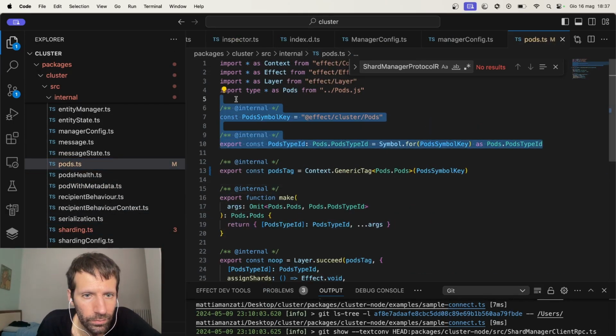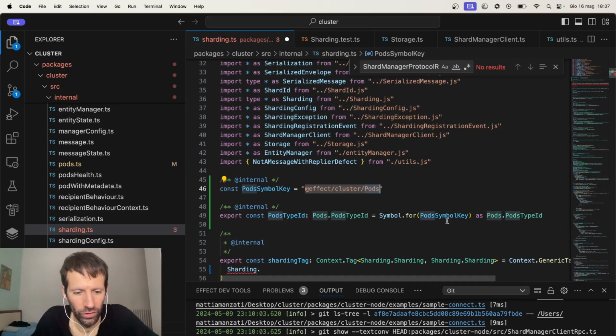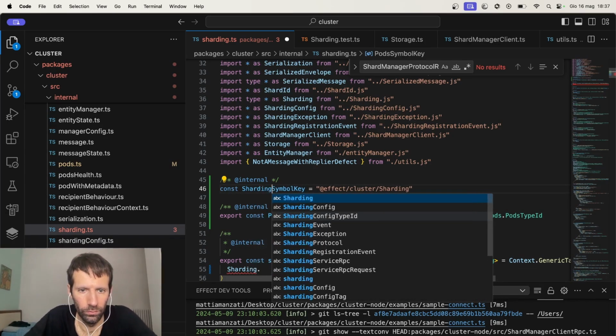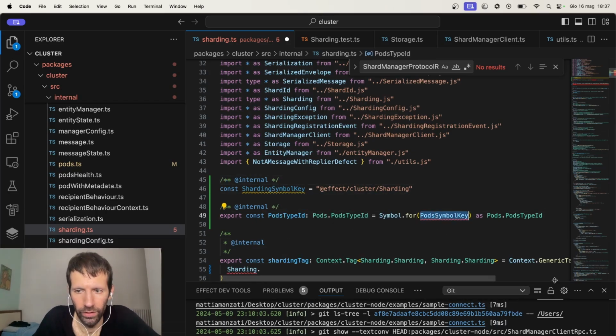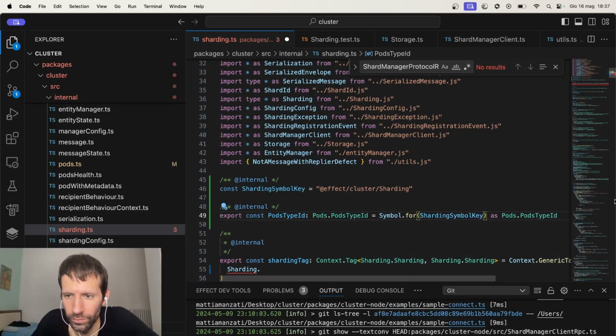Something like this. I'm going to sharding. And this is sharding symbol key. And sharding symbol key